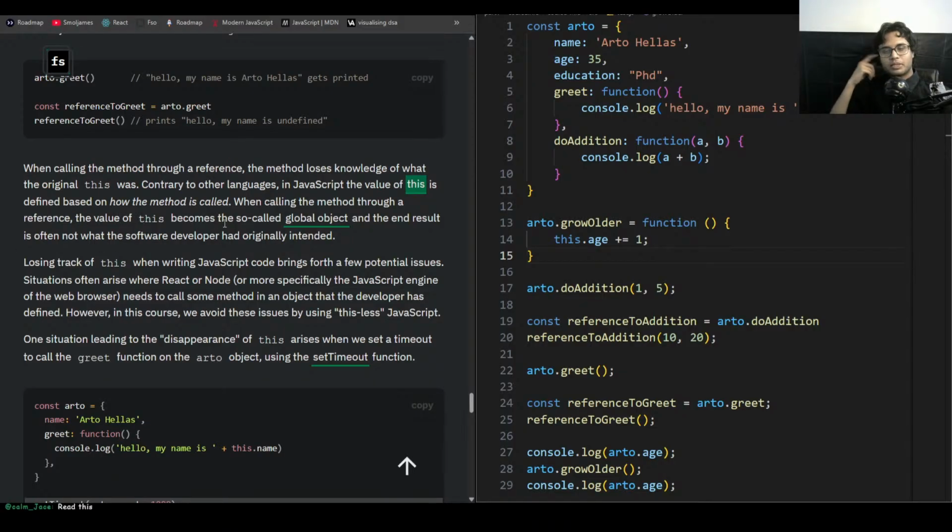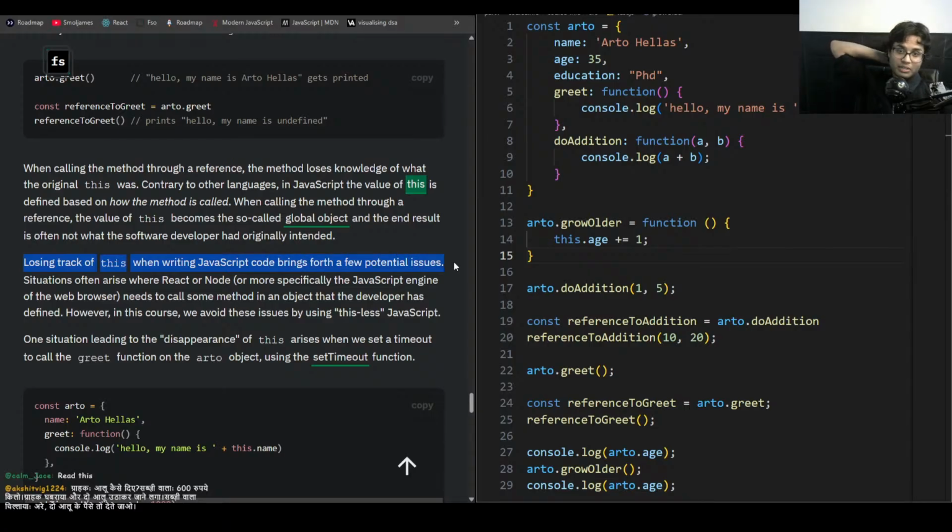The value of this becomes the so-called global object, and the result is often not what the software developer had originally intended. Losing track of this when writing JavaScript code brings forth a few potential issues. Situations often arise